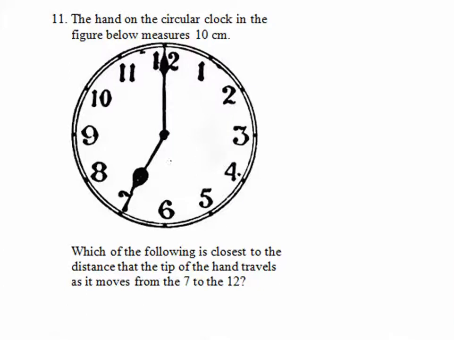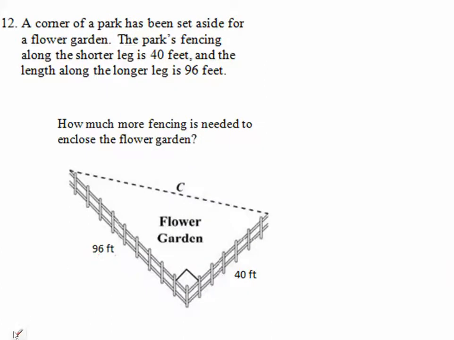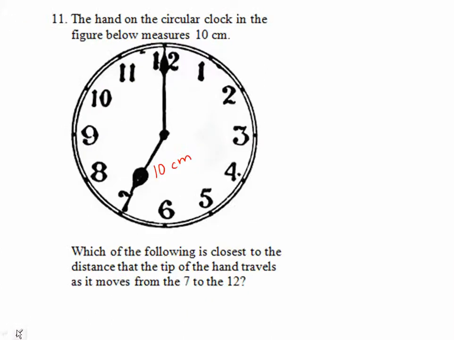Okay, so here's the video on numbers 11 through 20. This one says the hand on the circular clock in the figure below measures 10 centimeters. So the hand is 10 centimeters. Which of the following is closest to the distance that the tip of the hand travels as it moves from the 7 to the 12? So it's going to move from the 7 around to the 12, and we want to know how far it